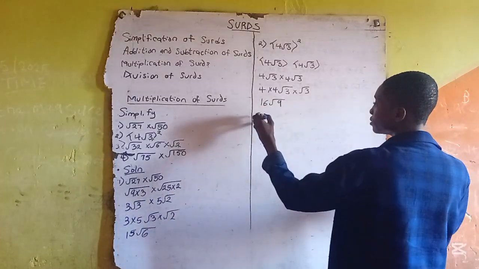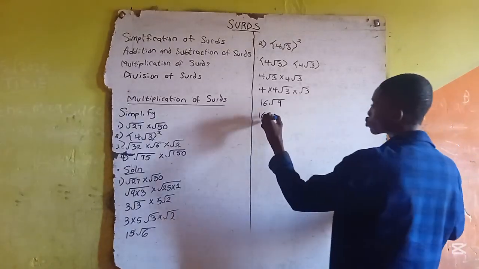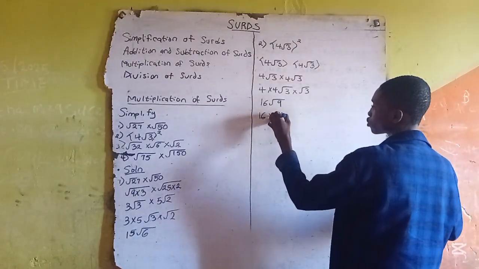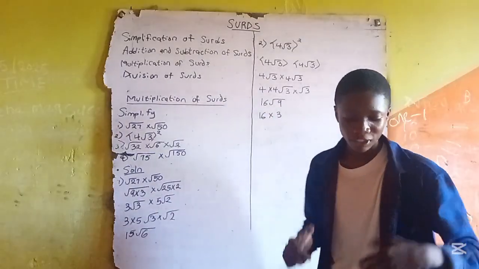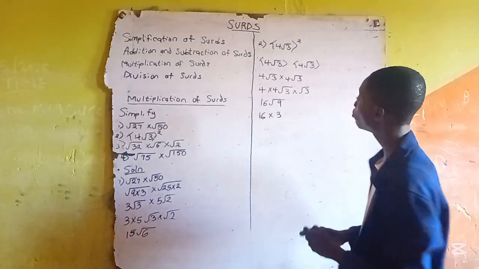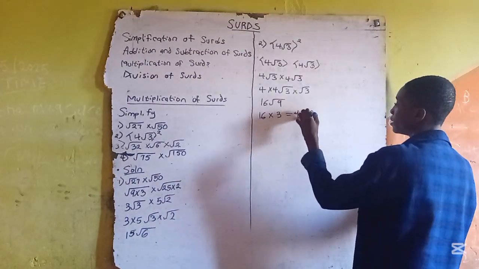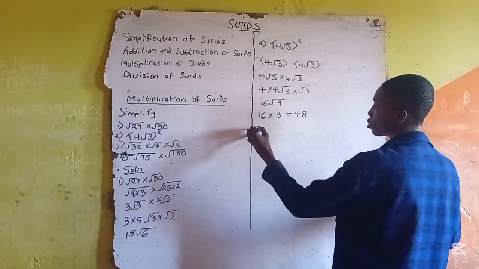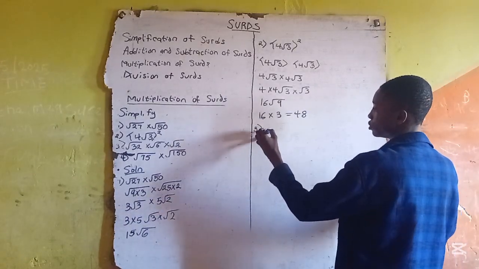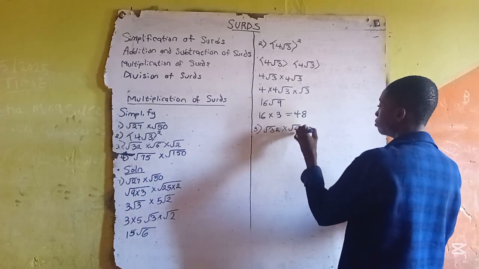So it will now be 16 root 9. Since you can see square root of 9, and the square root of 9 is what? The square root of 9 is 3. So what will be the multiplication of the two? If we multiply the two, 16 times 3 will now give us 48. This is our answer. Let's move to the third one, which is root 32 multiplied by root 6 multiplied by